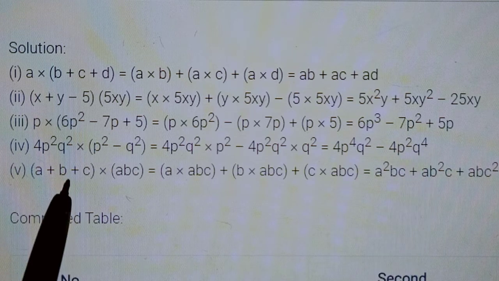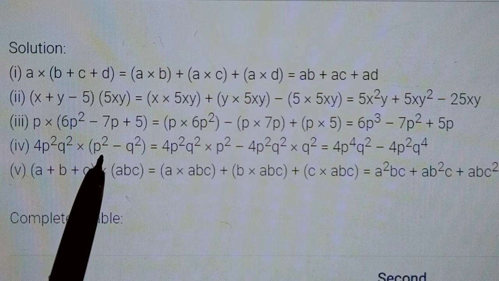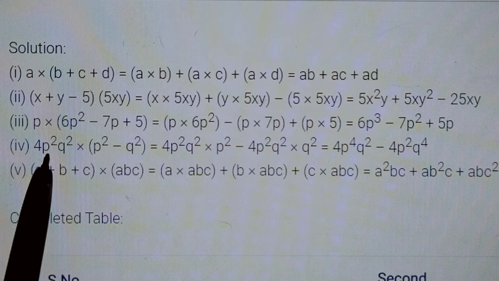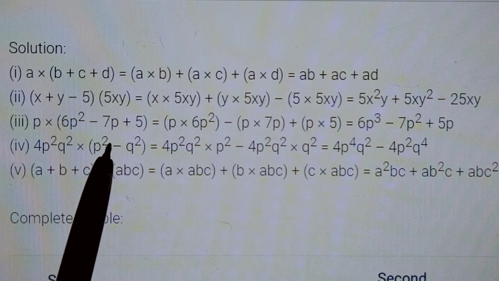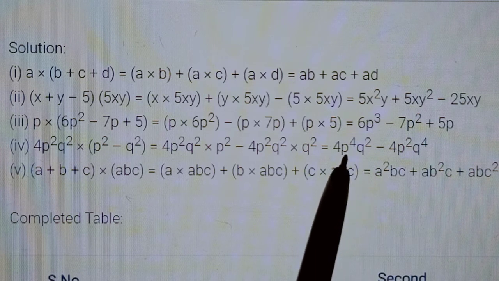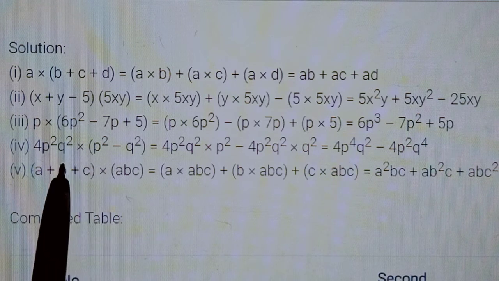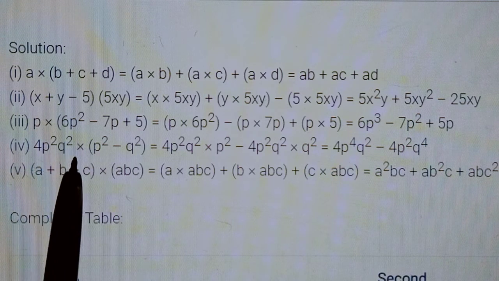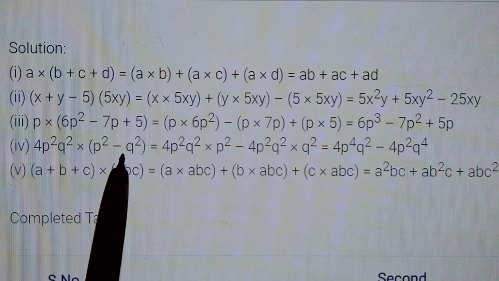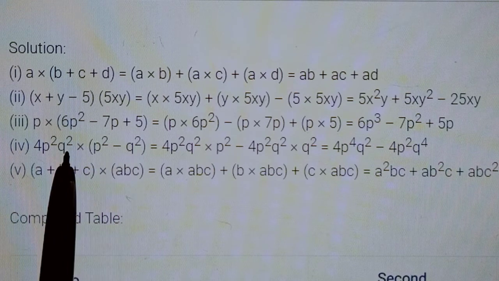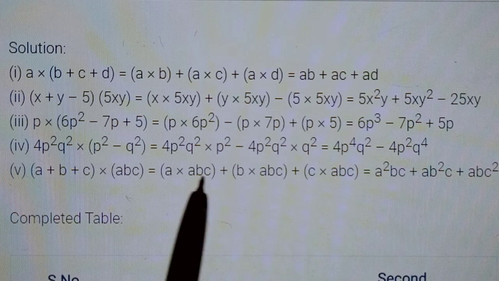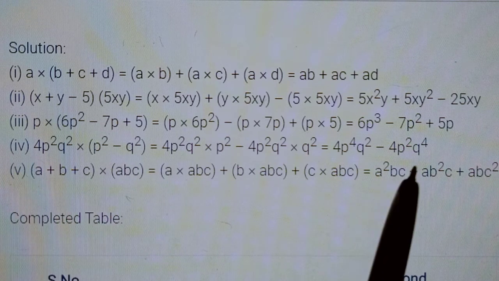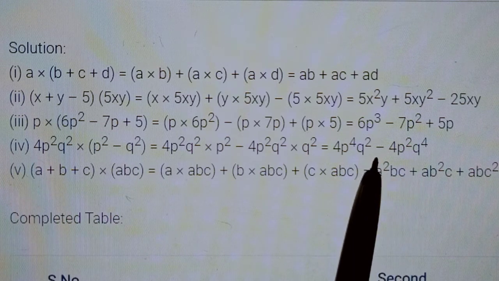Okay, now here also, this will be distributed to p square. So 1 p square was already there, p square, 2 plus 2, total p to the power of 4 it becomes, and q square will be written next to it. Then this 4p square q square and another q square from here. So 2 plus 2, 4 q squares we have, and negative and positive makes the resultant negative here in between.